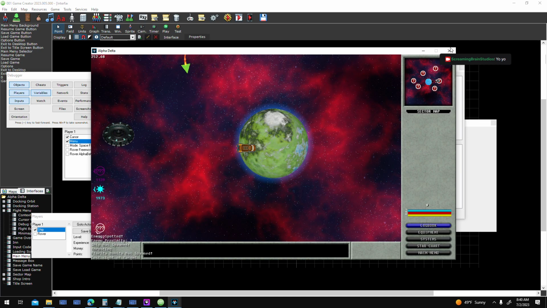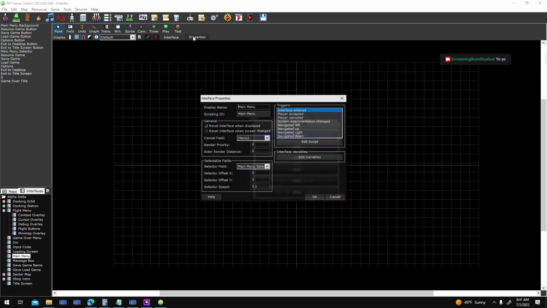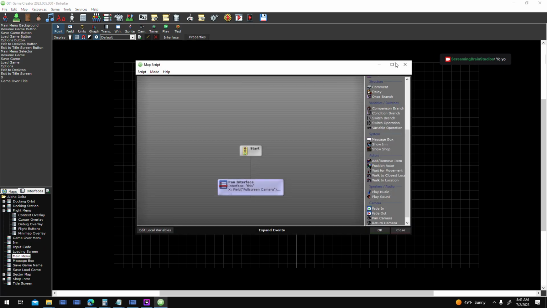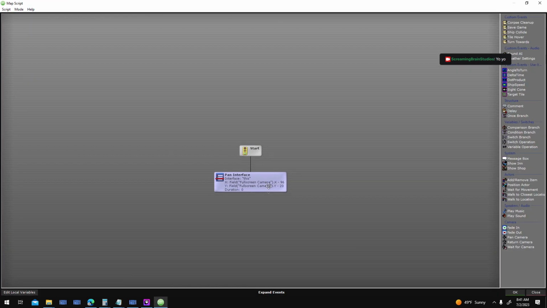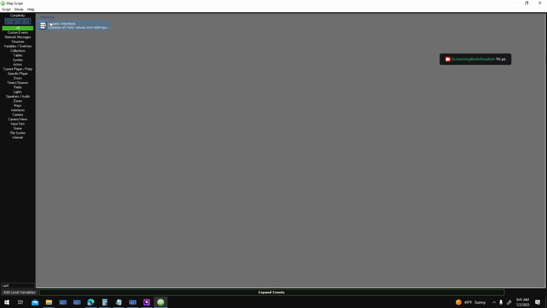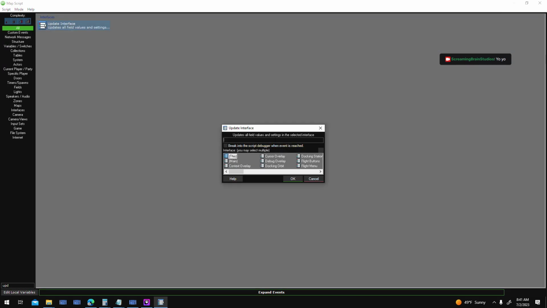Okay, needs a double update, so once you're in the main menu, I'll just put another second update here. Update the flight buttons again. So this will fix the background